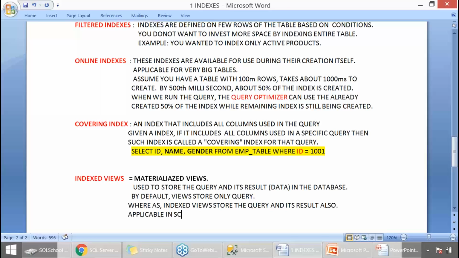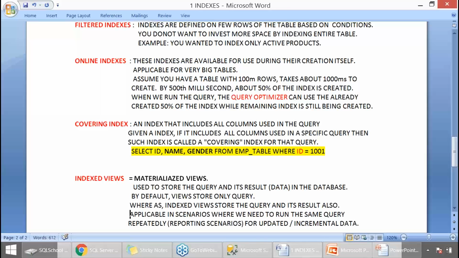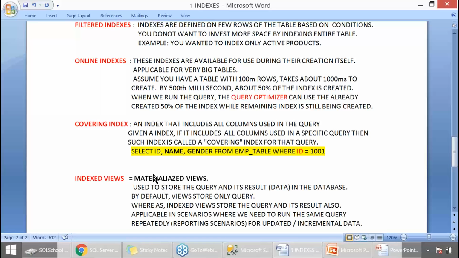Applicable in scenarios where we need to run the same query repeatedly, mainly for reporting scenarios, for updated or incremental data. Now you see, run the query, for example, 100 million rows. Next minute you run 200 million rows, something like that. In such a case, we go for indexed view.